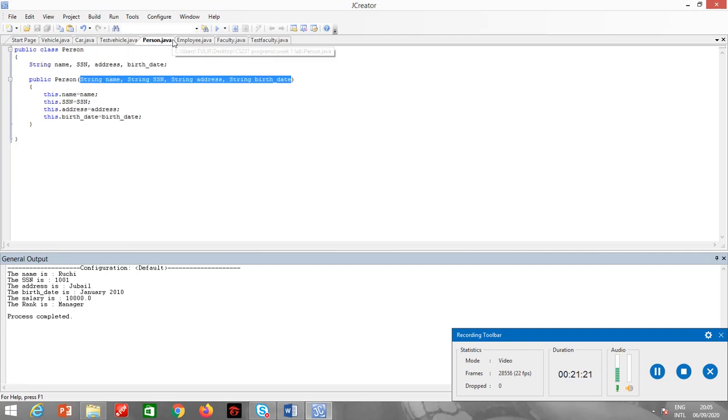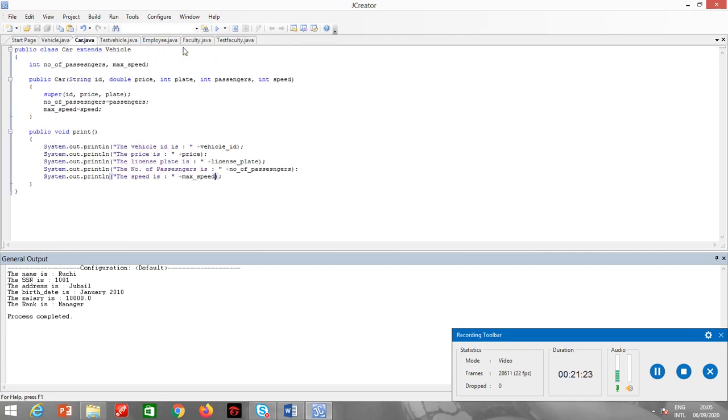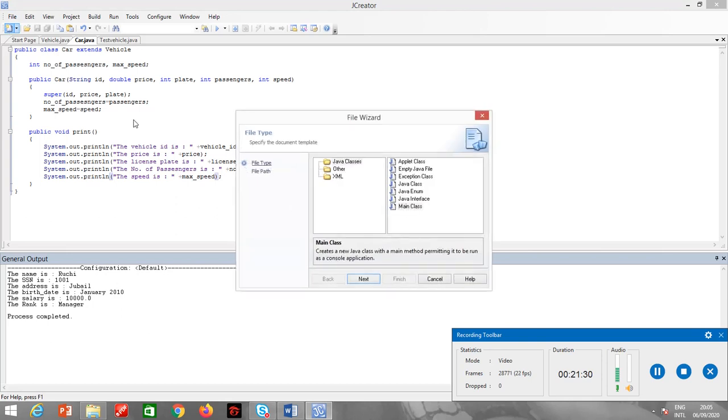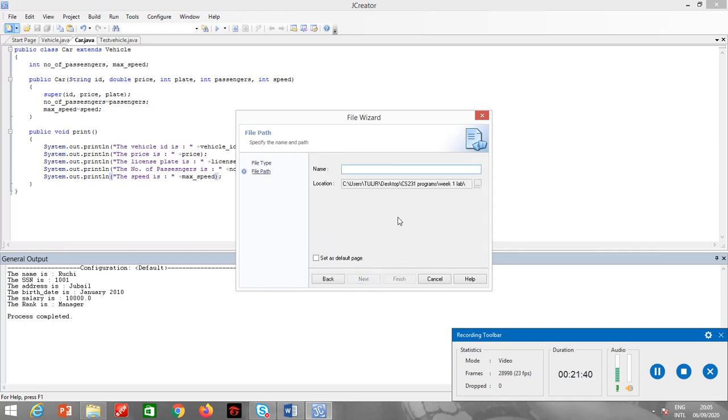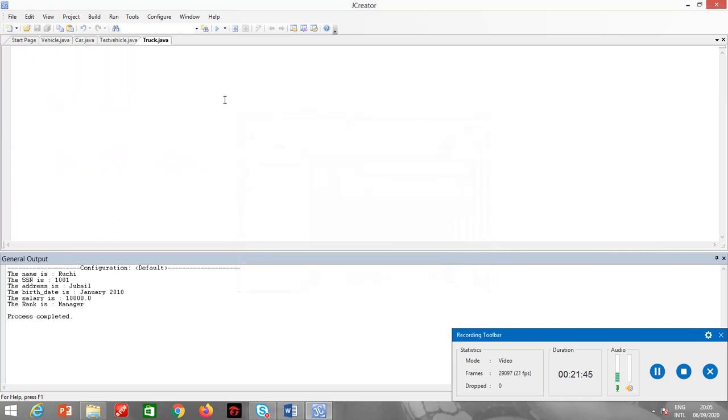Rather, I will just reuse these classes. So do you see now inheritance? I don't have to create the classes again. I can reuse these. I will create another class which is called truck, public class truck extends vehicle.